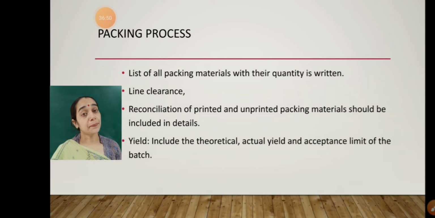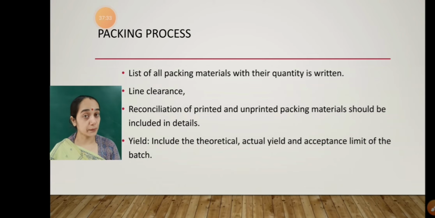as well as there should be a clear pattern of written documentation of what the line clearance will be, meaning after packaging, once the packaging material has been utilized to make a sachet, a strip, or a blister pack, what will the line clearance be, meaning once the waste materials are there, how they will be moved away from the manufacturing unit. Then there should be a line clearance, as well as once the product has been packed, there should be specified and justified specifications of how the product is going to move out of the